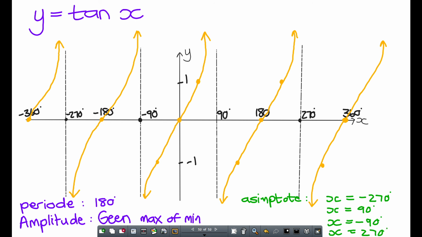Okay, onthou, as jou grafiek, if I go maybe to 400 or 500 degrees, then I'm going to have added asymptotes, nee? Because it must be every 180 degrees. Is julle by? So jy moet gaan kyk na wat die beperking is van die grade wat